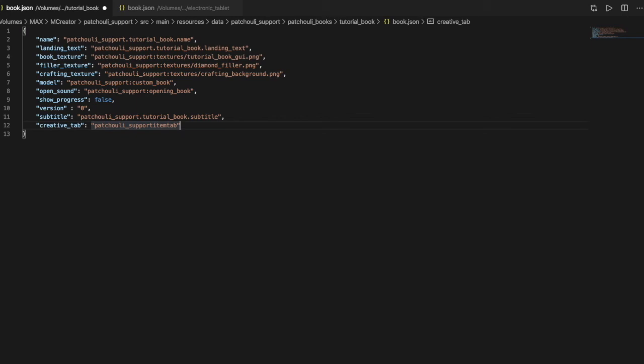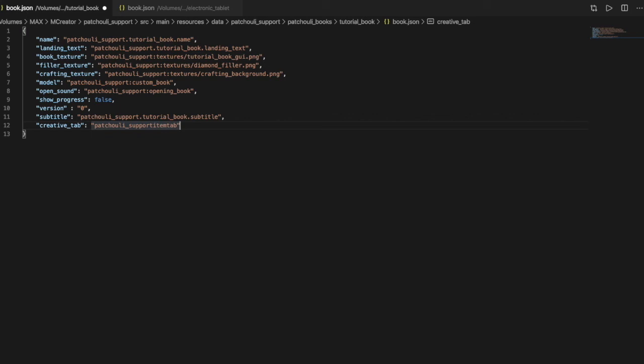Then you have the advancement tab, and don't generate book, because it's true only if you know what you're doing. This won't make the book, as we saw in the first part of my tutorial. You will have to create it, but I don't know if it's makeable with MCreator.